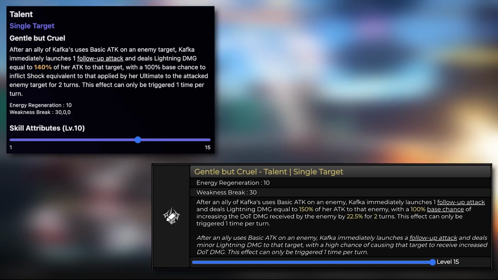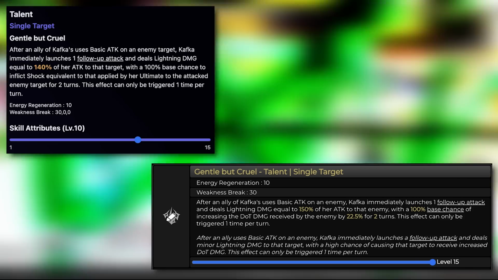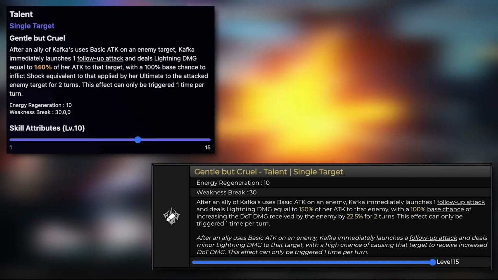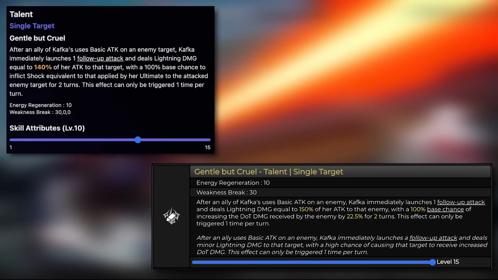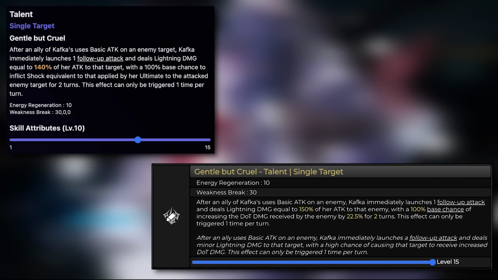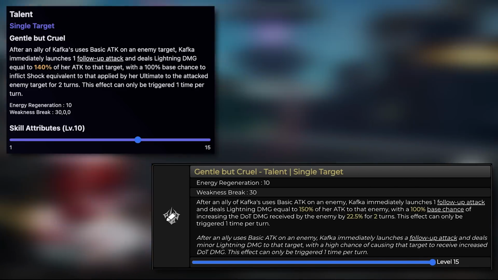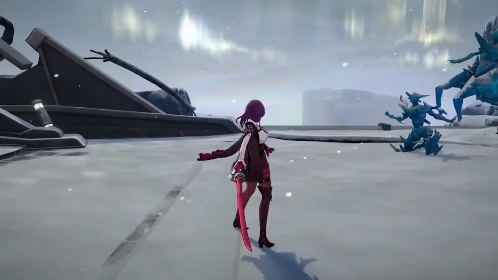So after an ally of Kafka uses basic attack, Kafka immediately launches a follow-up attack that deals 140% of her attack as lightning damage to the target, with a 100% base chance to inflict shock, which is equivalent to that applied by her ultimate, to the target enemy for 2 turns, and can only affect 1 enemy in each turn. Before, it used to increase the DOT damage taken by the target enemy by 22.5% for 2 turns, which means now you are pretty much going to have to rely on Sampo's ultimate